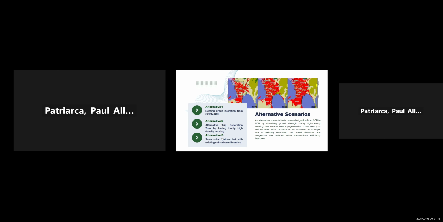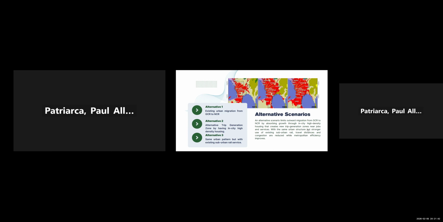Alternative number three is the exact same urban fabric that we have now, but rather than having a road-centric transport network, what if we have suburban rail service like what we have in Tokyo, in which Tokyo Central is also connected to its adjacent prefectures via rail? Would it also reduce the demand and congestion on our roads?